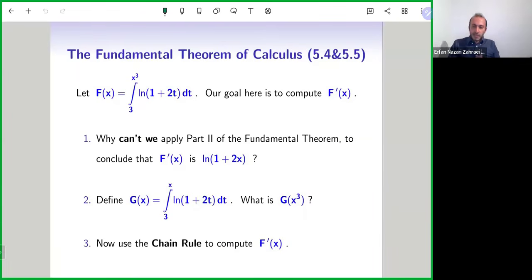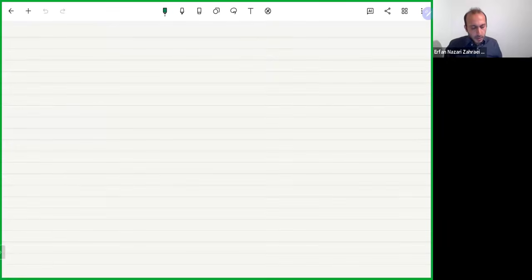Okay, now let's do this last activity, which is about fundamental theorem of calculus, part 2. Before doing this, I like to do this example in the most general case, and then I use the result that I get to give the answer to this question. I'll do all these steps that are mentioned, but for a general case. I know that fundamental theorem of calculus, part 2,